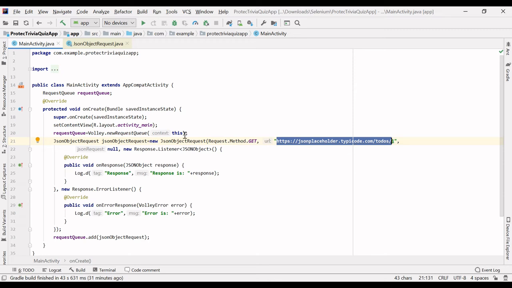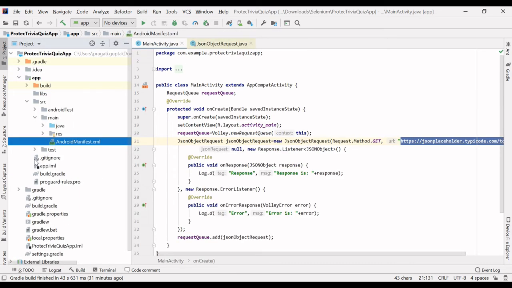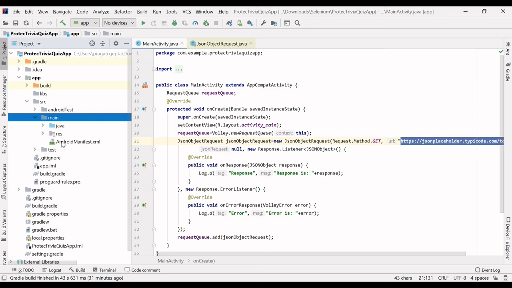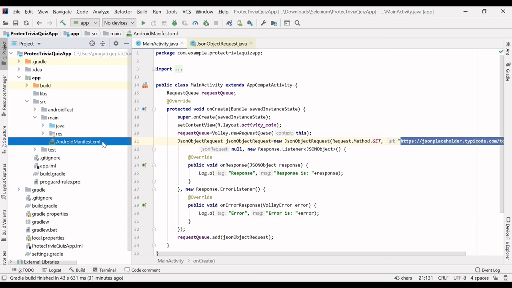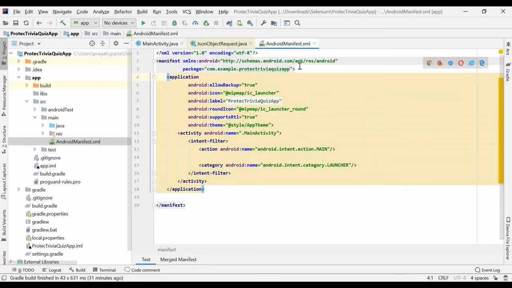To use the internet, you have to provide the user permission in the AndroidManifest.xml file. In the main package you will find this AndroidManifest.xml file. So open it and provide the user permission.